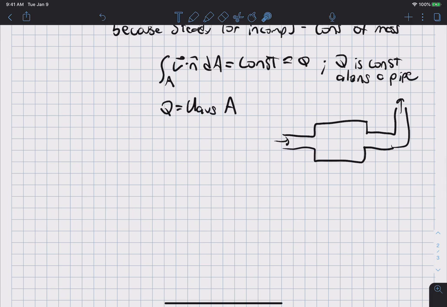So how do we know if the flow is fully developed or not? Okay, well, there are various criteria, and I'm not going to get into how they're derived. For laminar flow, it comes from something called boundary layer theory, which we're not going to get into in this class. But for a laminar flow,